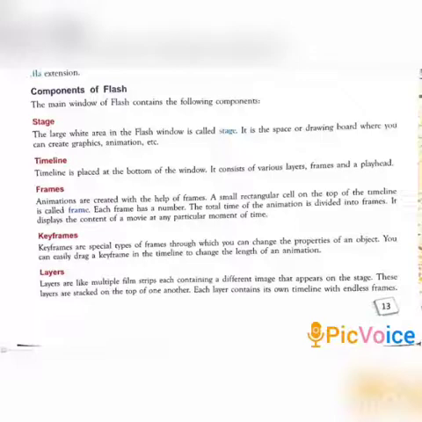The Flash document window contains 8 major elements: stage, timeline, frames, keyframes, layers, playhead, properties panel and tools panel. That is the components of Flash.